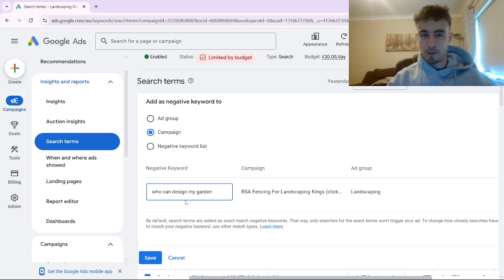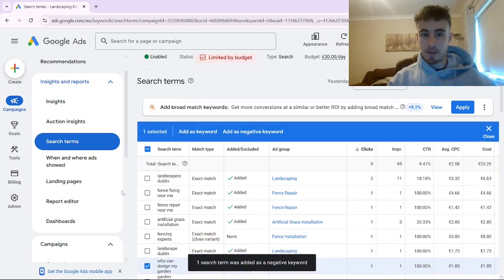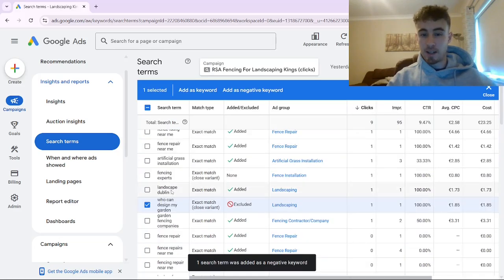So if you appear for searches that have words that you just don't want to appear for, regardless of the context, then it's worth changing it from exact match, which is the default, where Google only won't show your ads for that exact search, to instead Google not showing your ads for any searches that have all of the words of that search term like we have here. So then you can just press save to add it as a negative,